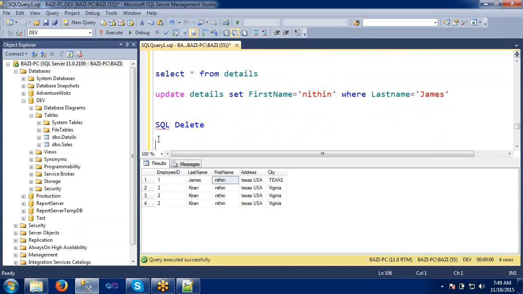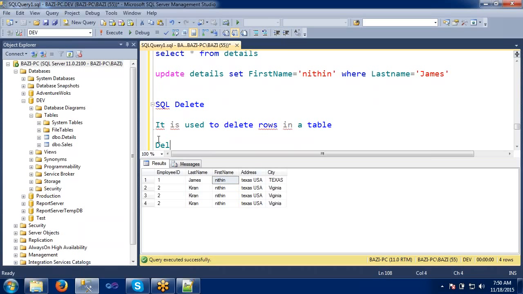Okay. So the next statement is the delete statement. Now we will see the delete statement. What does the delete statement do? The delete statement is used to delete rows in a table.